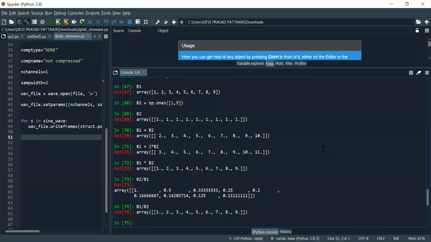B2 is an array which consists of 9 elements and all the elements are 1. And B1 is an array with 9 elements in ascending order starting from 1. So if you divide B1 by B2, as B2 has all 1s, the answer is equal to B1. And you can see that in output 74, we have got a single dimension array where element-wise division was made and the output is displayed.